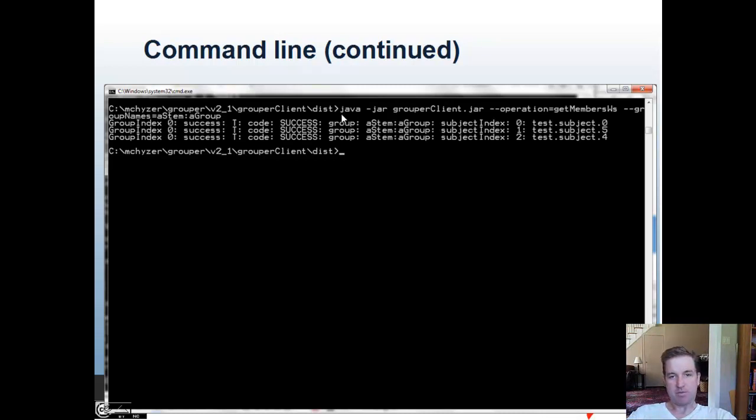Here's an example of getting members from the web service: java -jar grouper-client.jar --operation=getMembersWs --groupNames=aStem:aGroup. In this case, you could put multiple group names and get the members of all those groups. And then this is the default output, where it has the group index, which if you had multiple of them, they'd be 0, 1, 2, etc. Success T, code success, the group, the subject index,